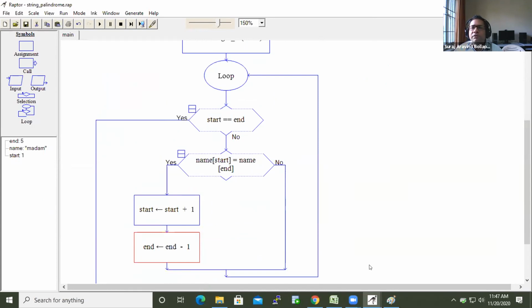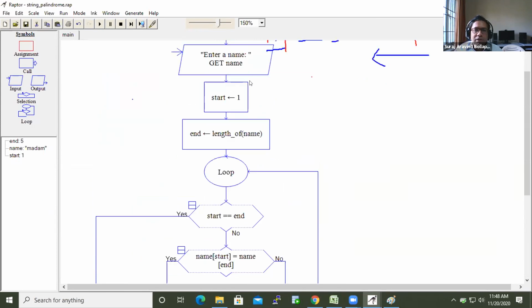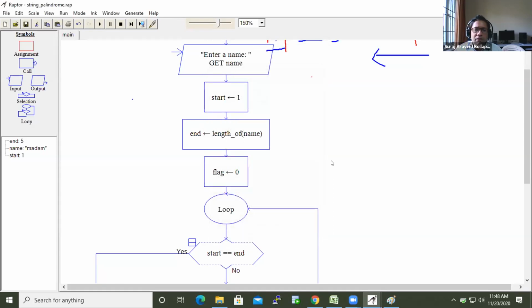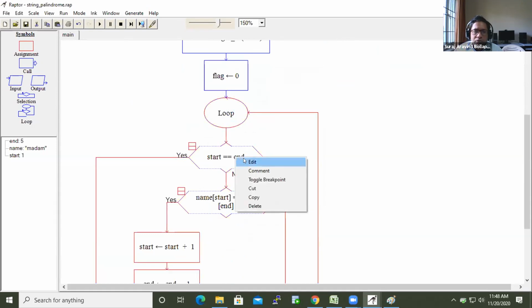So if that break statement gets executed, we come out of the loop. In Raptor, we don't have such break instruction. So we have to write our own code to come out of it. So I take one more variable called as flag. Let me set it to 0.